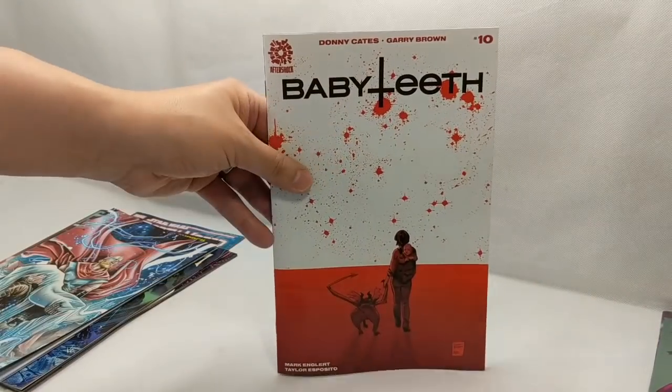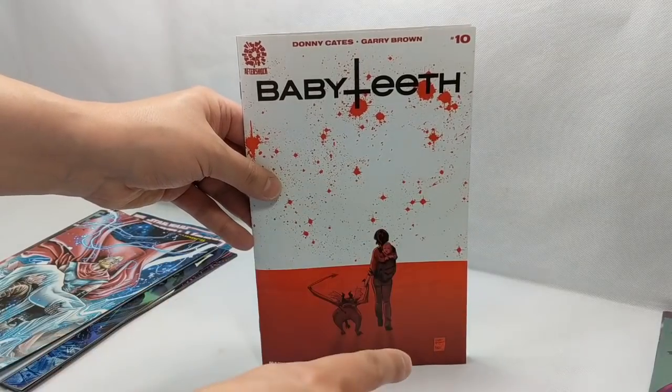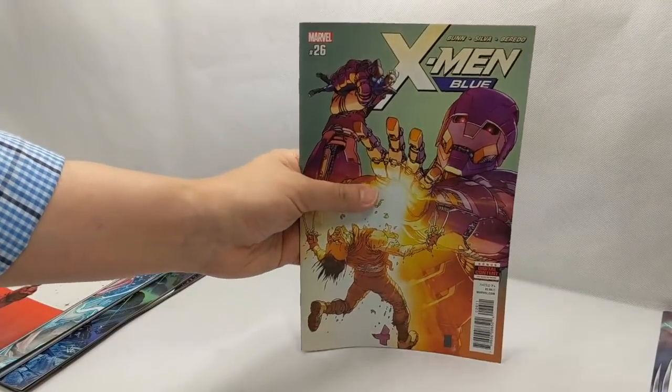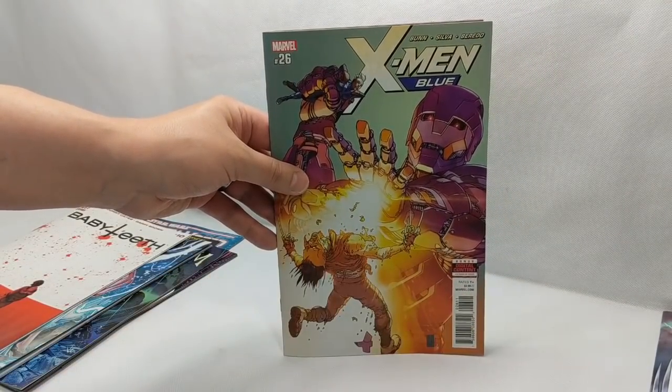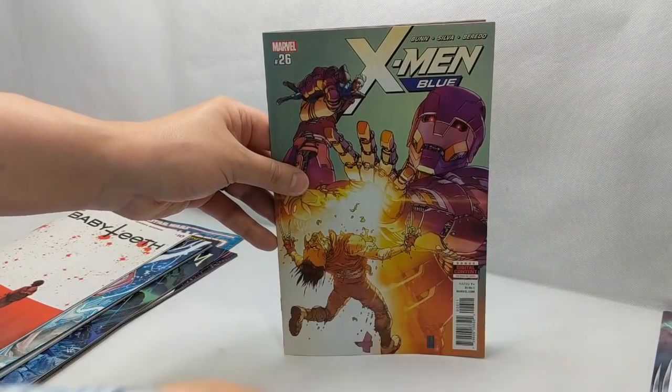Baby Teeth number 10. Antichrist and Demon Raccoons. Need I say more? X-Men Blue number 26. And this is our secondary team running around and saving people. It's actually awesome. A lot of fun, but I love the X-Men, so...